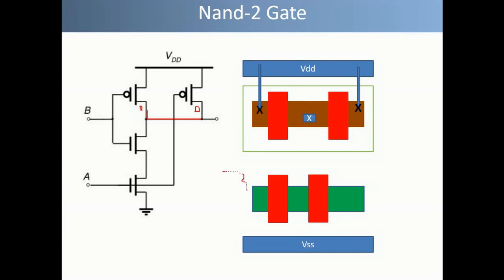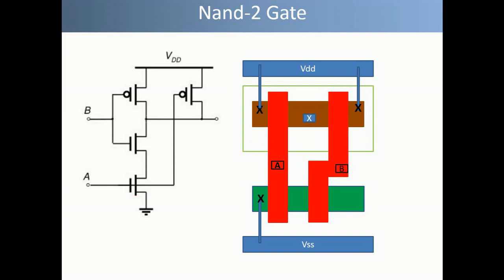Also an N plus diffusion region is created with two polysilicon sticks. This corresponds to two NMOS transistors. And since on the schematic both NMOS transistors have one terminal common, we merge them together in the stick diagram in the same manner as we did for the PMOS transistors. Now we connect the source terminal of this NMOS transistor to the ground rail using the stick for the metal 1 layer and placing the contact over here.